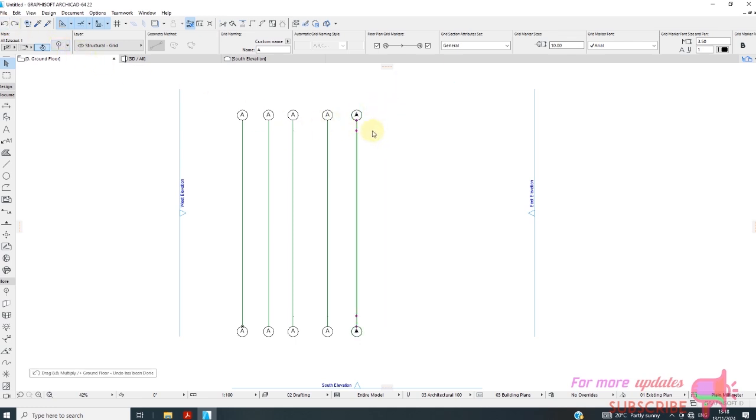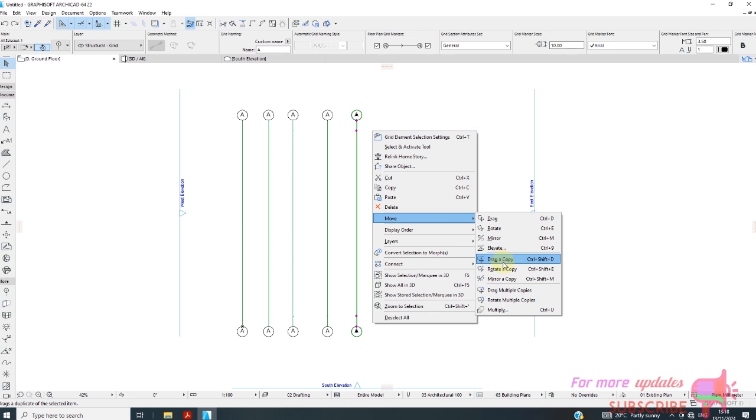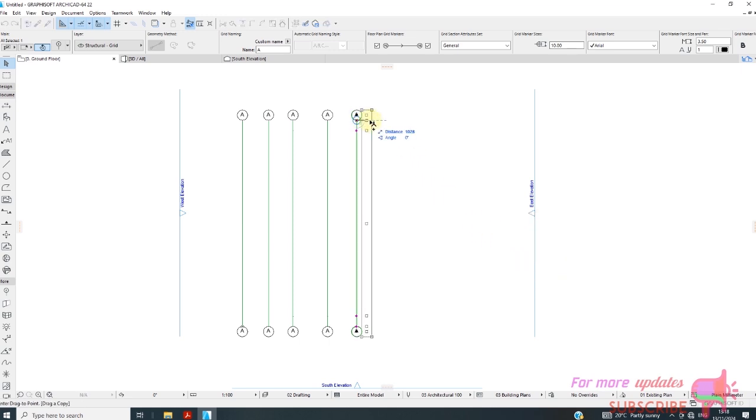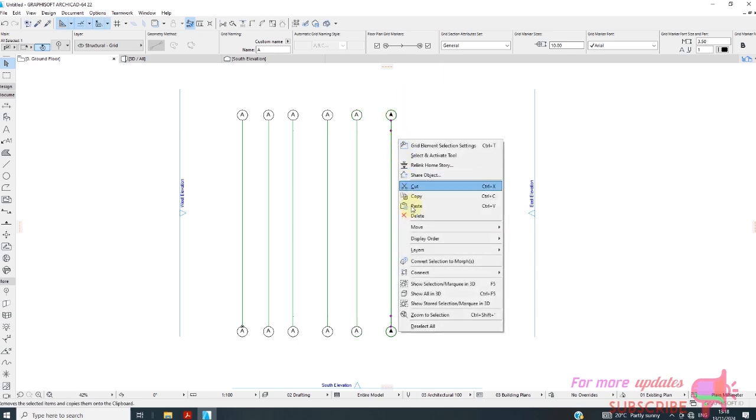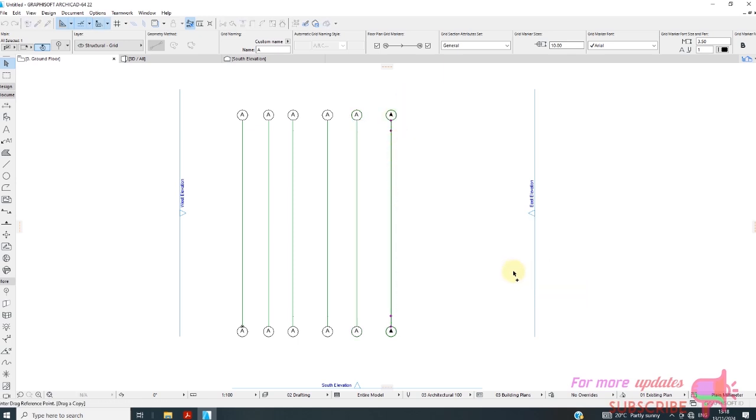Make sure you move it in horizontal, 3300. Move, drag a copy, 2350 from that point. Finally again move, drag a copy, 2500. So you can change these labels to B,